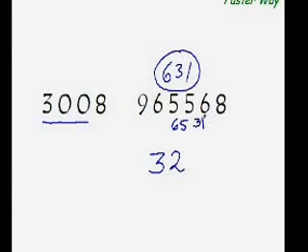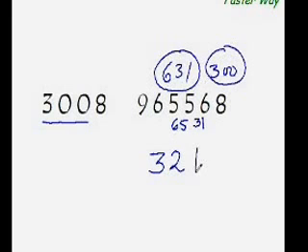Now this is 316. So our next dividend would be 316 minus 8 times 2, that is 16. That would be what? 300. And 300 how many times is 300? 1 time. So I put 1 here. Now that leaves us with 0 remainder, no remainder. So our next dividend would be 8 minus 8 times 1, which is again 8. So 8 minus 8 is 0. So we know that this is our answer.